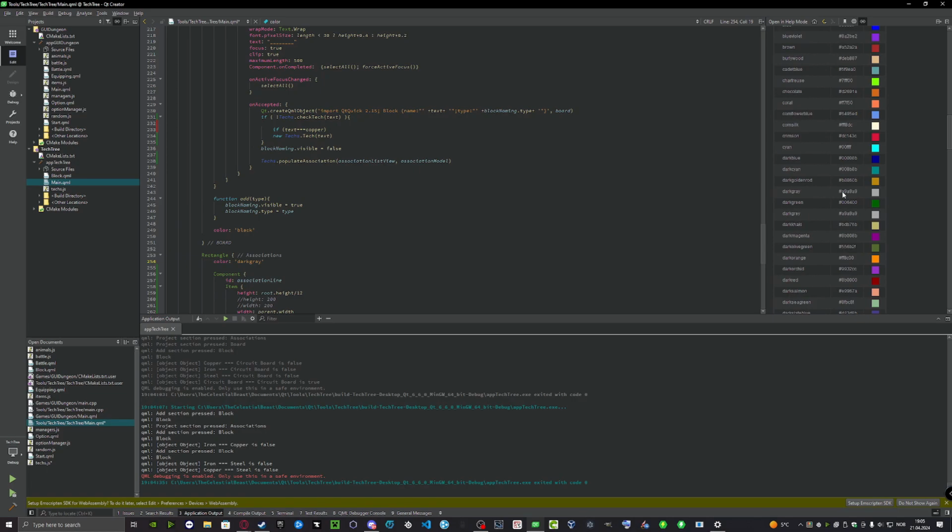See, a very coppery color. Chocolate. If text is copper, then it will do that function instead,